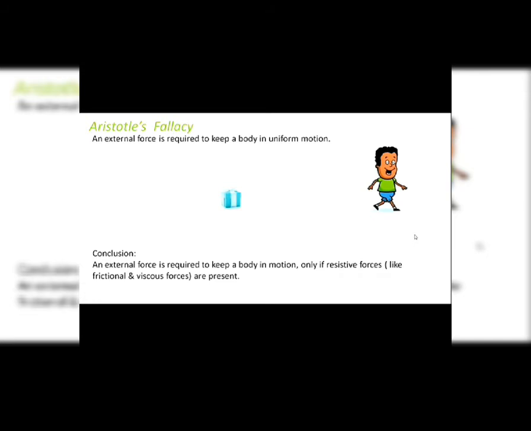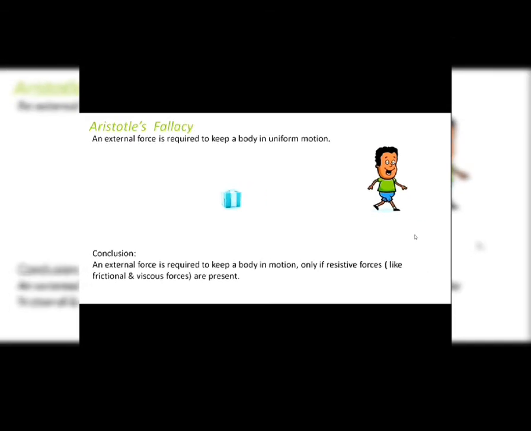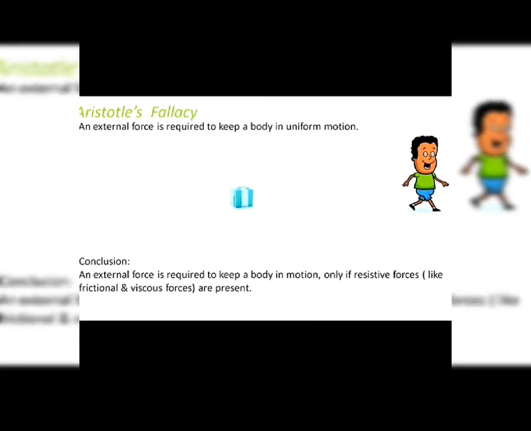But actually, why did the body stop? Or what was the external force actually doing? Now, at the moment the body starts moving on the ground, there's a frictional force which continuously acts on the body. And what is frictional force? It is a resistive force, a force that opposes motion. It doesn't want the body to move. So the frictional force is continuously acting on a body, and because of the frictional force, a body cannot move. The body can only move when an external force is applied to overcome the frictional force.